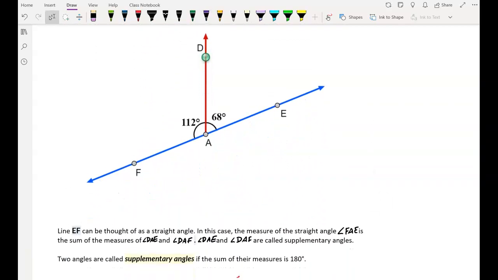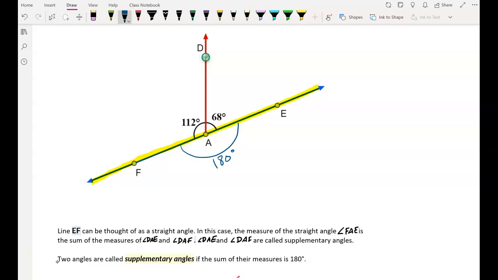Now, what we have here are 2 angles that are together. But I want to show you something. Line EF, right here, this is line EF, can be thought of as a straight angle. And a straight angle, it's called a straight angle because it has a complete measure of 180 degrees. And a straight line is 180 degrees. Now, in this case, the measurement of the straight angle, FAE,